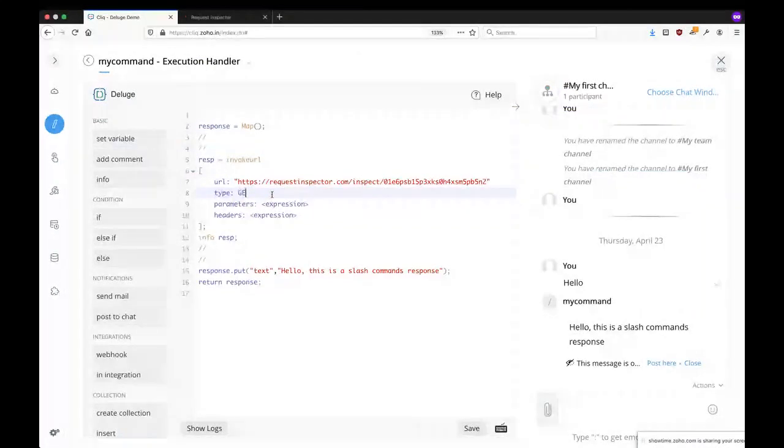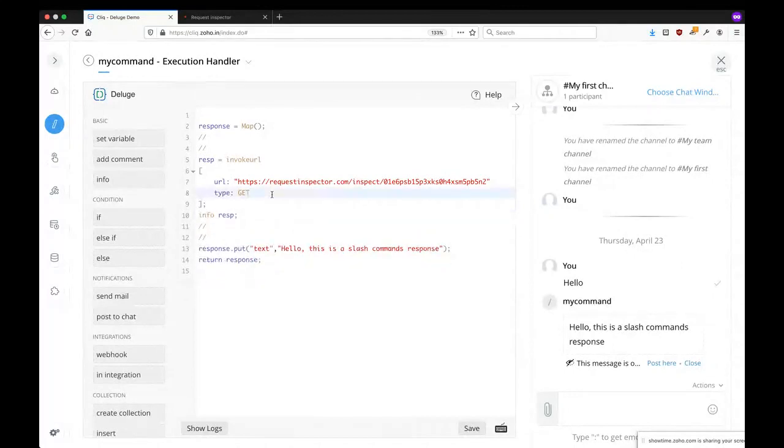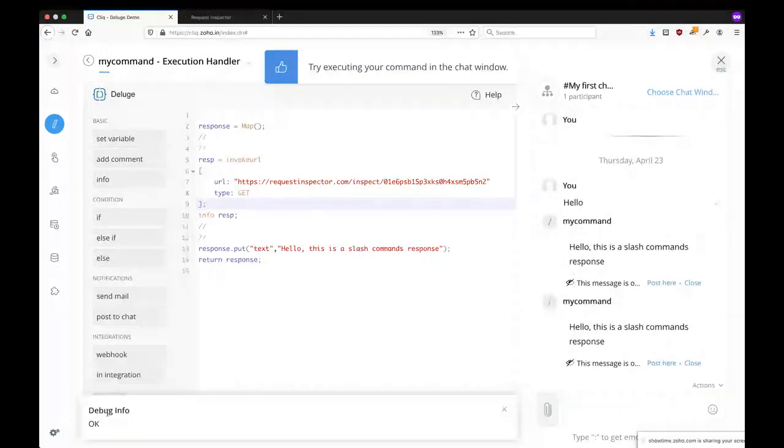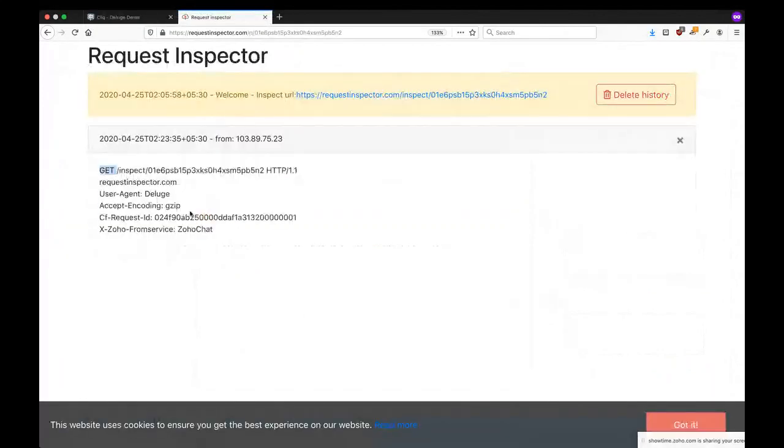Type is get uppercase. Move to other options. Now when I run this command, I'm infoing the response. So I get an OK from the request inspector side. And when I go back there, you can see what it received from my Deluge script, from the invoke URL